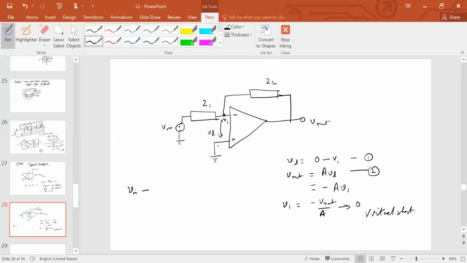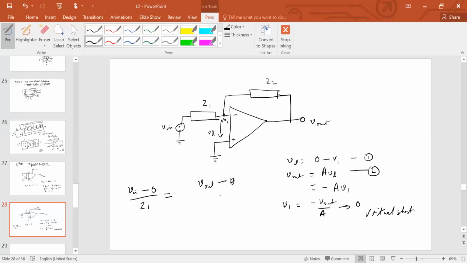So minus of V1 is 0, therefore V1 is 0, therefore this becomes basically not just a virtual short, but also a virtual ground under this assumption, right? So then you have V in minus 0 over Z1 is equal to V out minus V1, again that is 0,